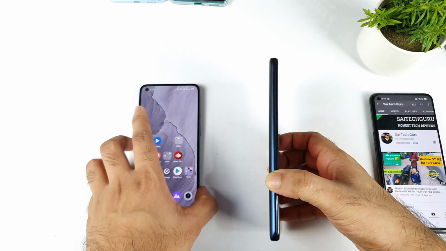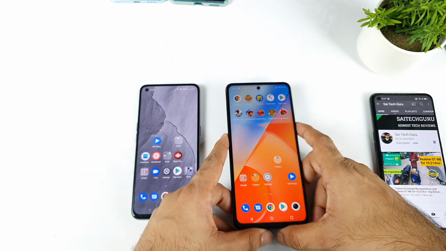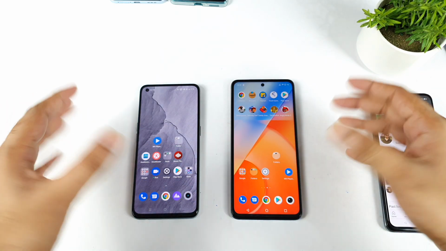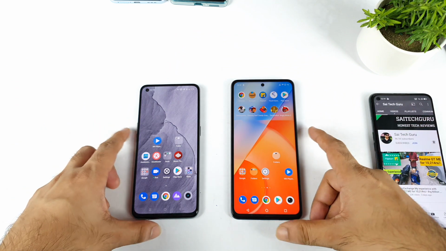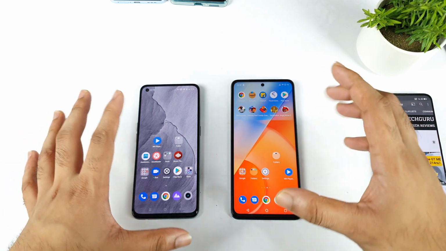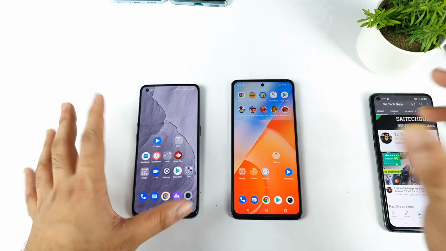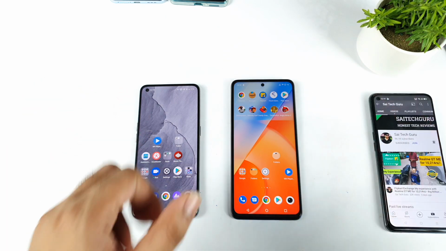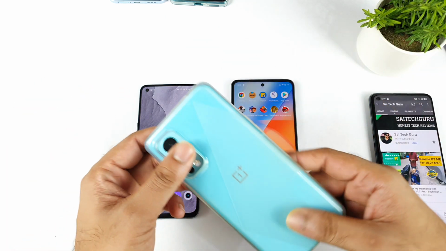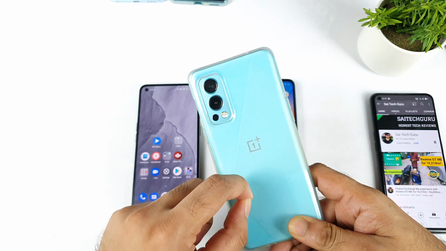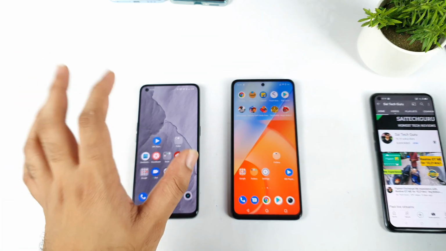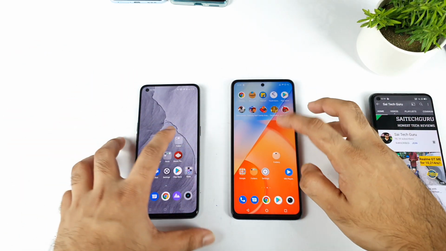But let's see what we are actually getting by default. That's what is really important, because some phones claim they have a higher touch sampling rate, but the UI will be limiting it. Sometimes it does happen. The same thing happens with Realme phones and OnePlus phones. OnePlus means the OnePlus Nord 2 basically, not other phones. With the OnePlus Nord 2, the touch sampling rate has been set to 120 Hz by default. That's another thing. But let's see what the default touch sampling rate is in both phones side by side.